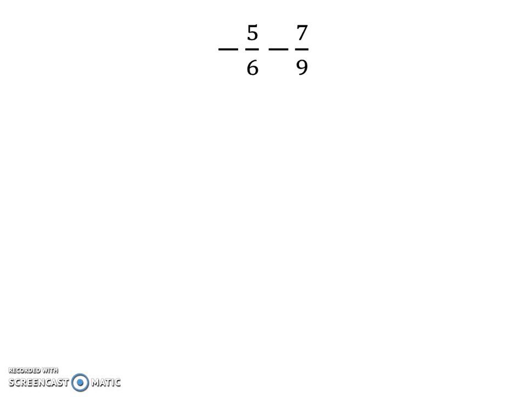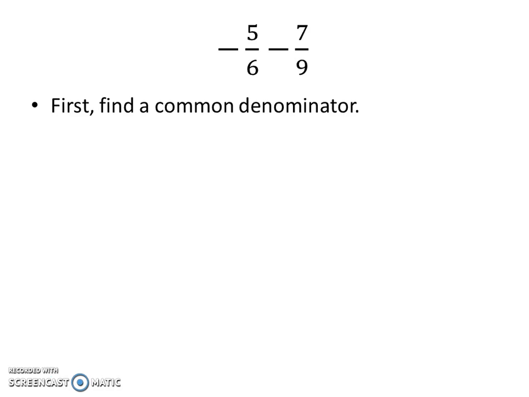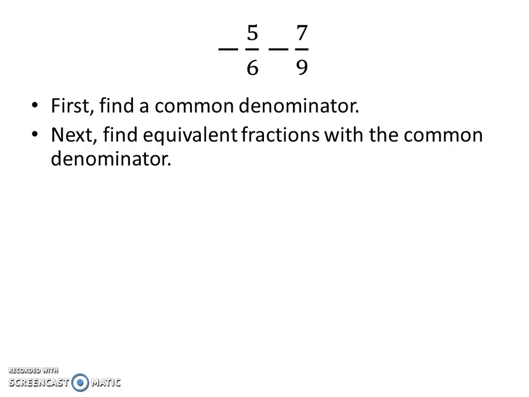So here's another example involving subtraction with fractions that do not have the same denominator. So looking at 6 and 9, I want to pick a denominator that they have in common. So I can multiply 6 times 9 to get 54, or I could choose something smaller. I chose to use a denominator of 18 for this example. So once I choose 18, I now need to find equivalent fractions for 5/6 and 7/9 that have a denominator of 18. So when I think about my first fraction, negative 5/6, I know that 6 times 3 will give me